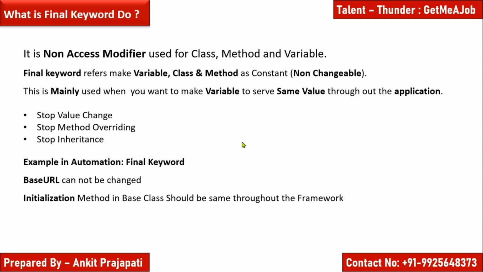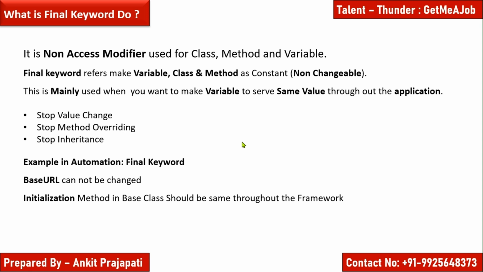Okay, so TestNG BeforeClass is one of the best examples to include the super keyword, guys. Then we will have a final keyword, right? So what does the final keyword do? The final keyword is a non-access modifier. So what is a modifier? It allows you to modify or not modify the different properties of OOPs, like class, method or variable. I will make a separate video on modifiers because that is one of the good concepts to know when you are applying for automation and when you are jumping to the technical side. So what is a non-access modifier? Sorry, the final keyword is a non-access modifier, which is used for class, method and variable.